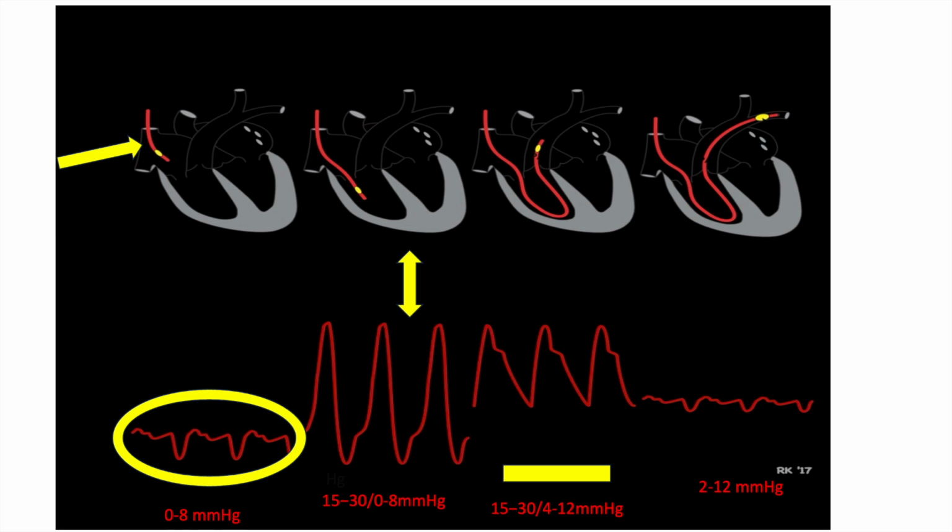When it reaches the pulmonary artery, you will see that the diastolic pressure has gone up, and the waveform also changed. In the PA catheter, you will see the waveform with the dicrotic notch, and diastolic pressure will be raised from 0 to 8 mm Hg to 4 to 12 mm Hg in the pulmonary artery. If diastolic pressure is more than 20 mm Hg, then it is known as pulmonary artery hypertension as per